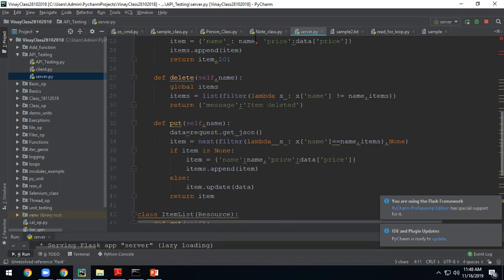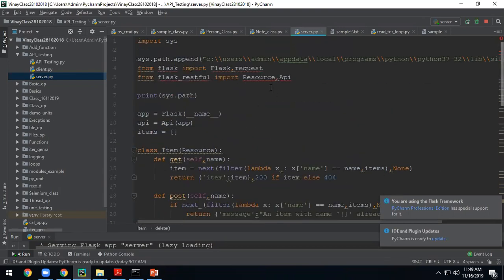So Flask is working. I'll explain the code, then you can note down what I am trying to do. What does this contain? You wanted Flask and request. Flask is providing web services, so you are running it as a server. Now this Flask RESTful is a web service that also supports REST methods. It will provide all the resources available and the actual API component. API is a piece of software that interacts with your resources.